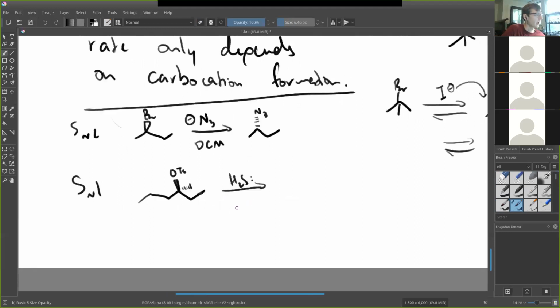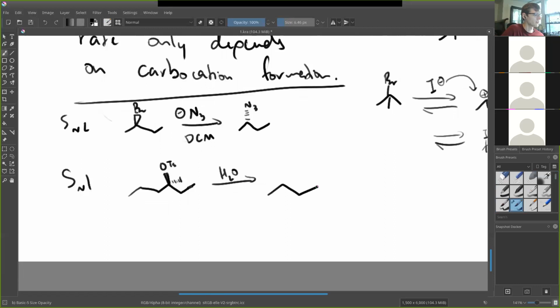And this has to happen in a polar protic solvent. So actually, I'm just going to use water. Water will be both the solvent and the reactant here. So water, and what happens is